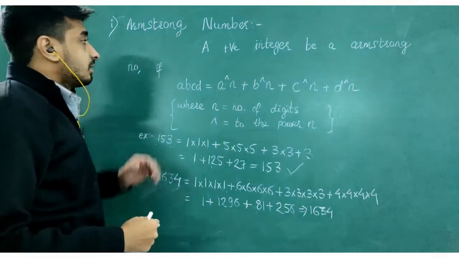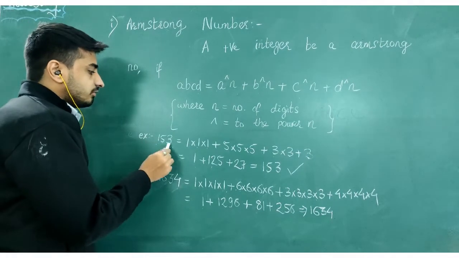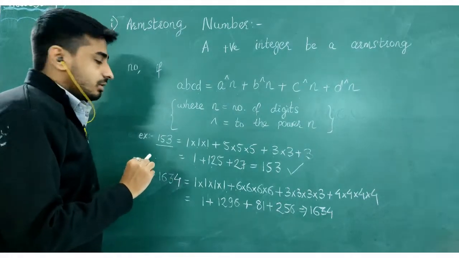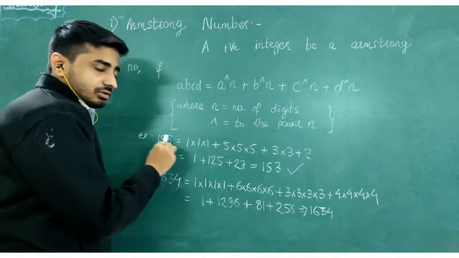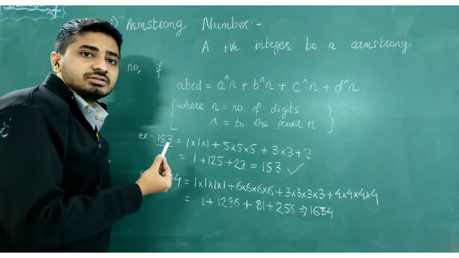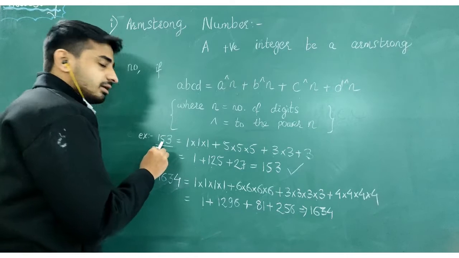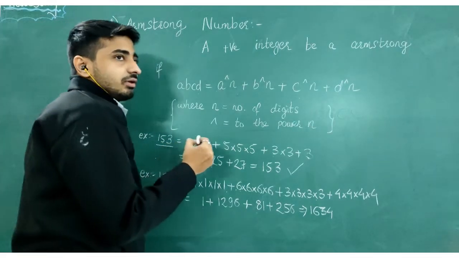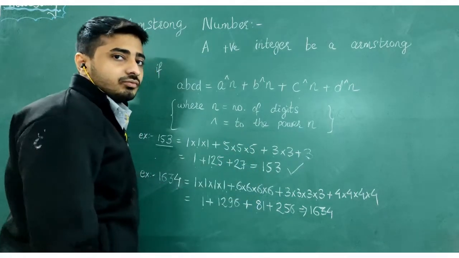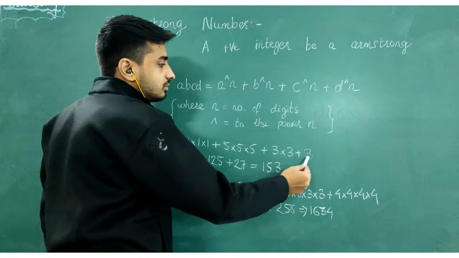Okay, let us understand what an Armstrong number is by using an example. For example, 153. How many digit number is it? It is a 3-digit number. So I am taking the first digit. What is the first digit? 1. So I have to multiply 1 how many times? 3 times, because it is a 3-digit number. So 1 into 1 into 1. What is the second digit? The second digit is 5. So how many times do I have to multiply 5? 3 times. 5 into 5 into 5. What is the third digit? 3. So I have to multiply 3 how many times? 3 into 3 into 3.